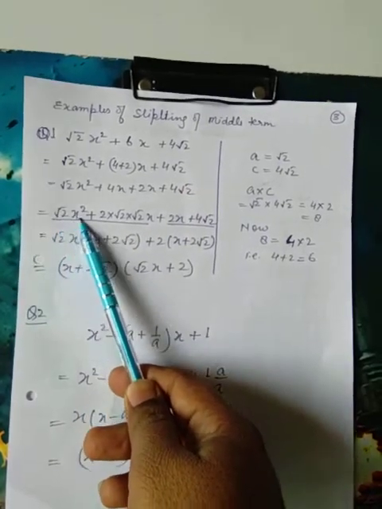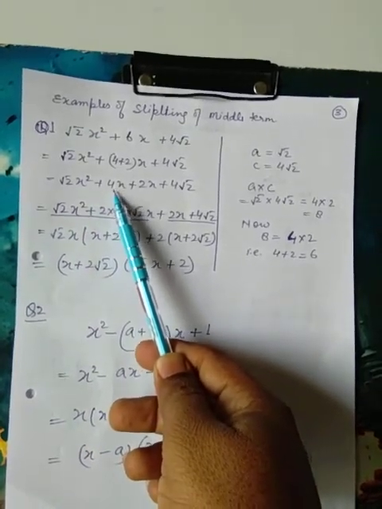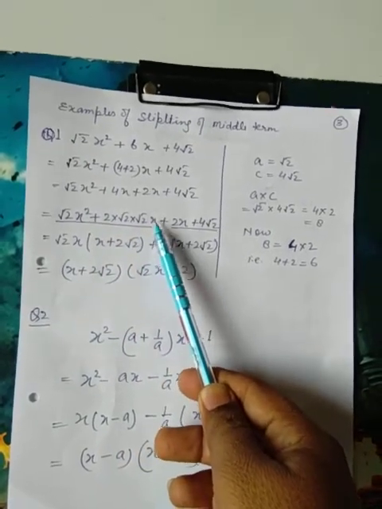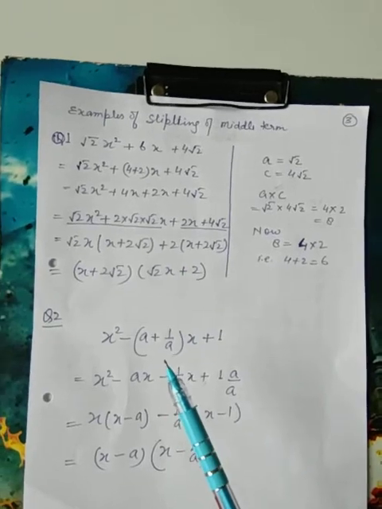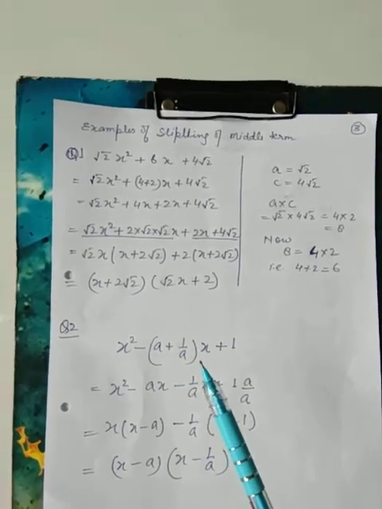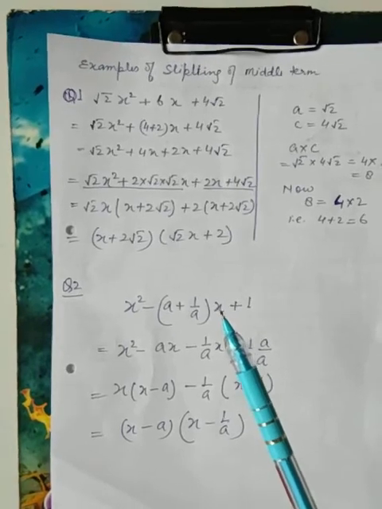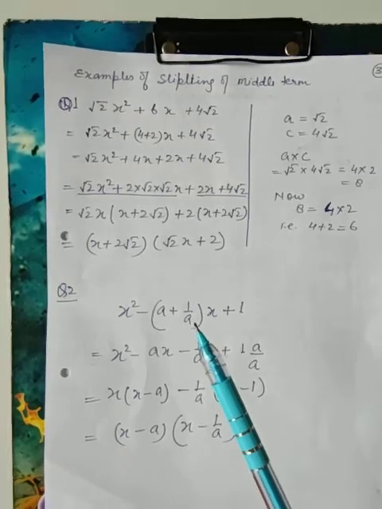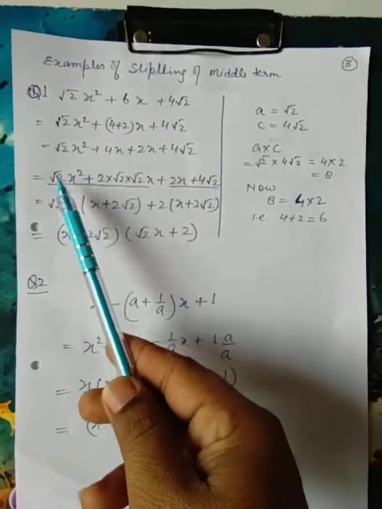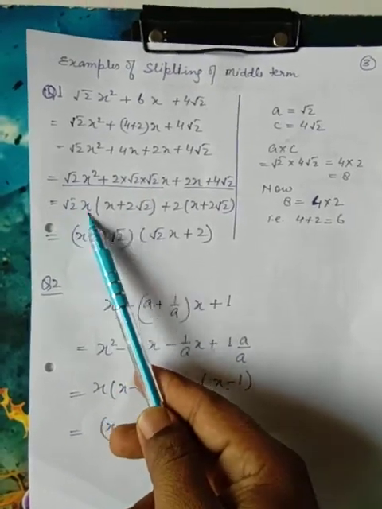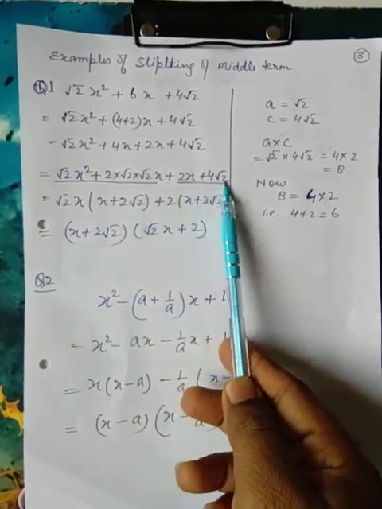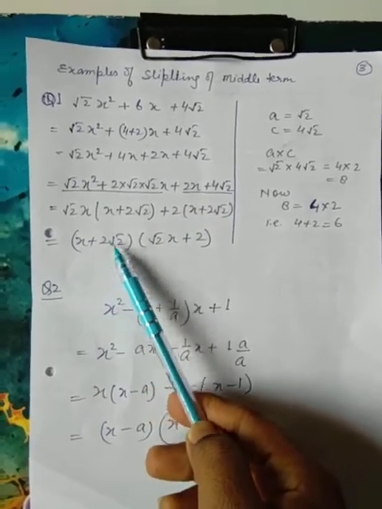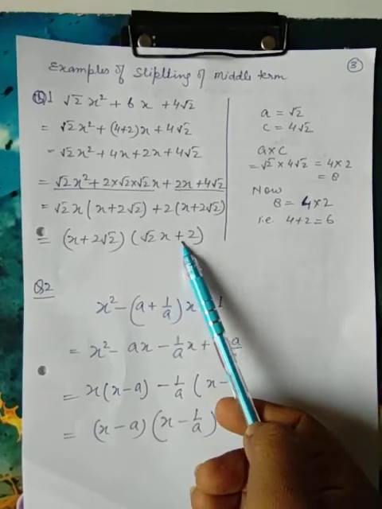So this root 2 x square, and there is need of one more step. Instead of 4 you may write 2 into root 2 into root 2 into x, because it is needed whenever you go to take the common. Actually this is the concept of surds that I have applied, and the same thing I told you at the time of rationalization. Now common between these two terms is root 2x, and this leaves x plus 2 root 2. Again common between the last two, that is 2 times (x plus 2 root 2). Again taking the common x plus 2 root 2, the remaining are root 2x plus 2, right?